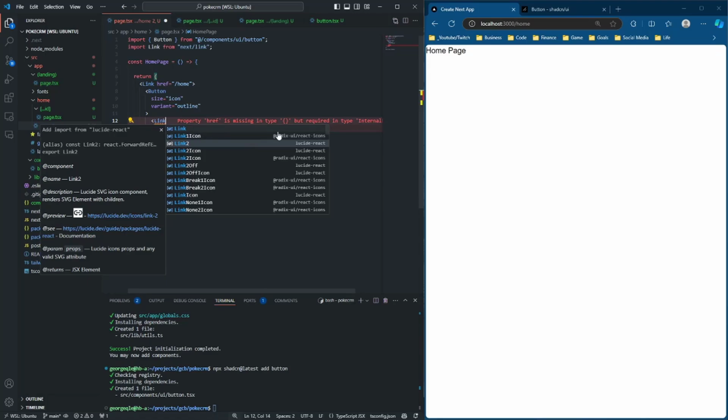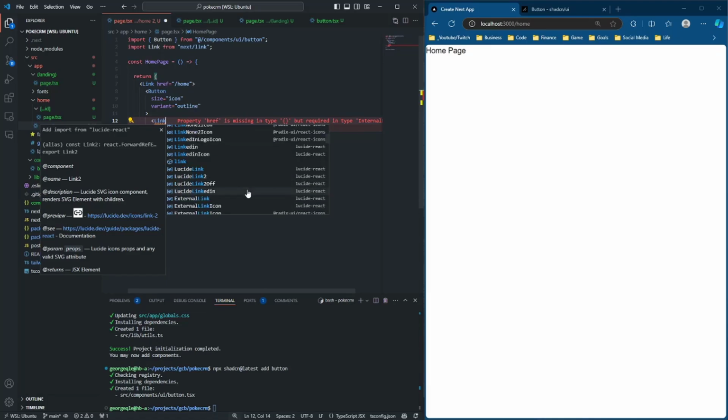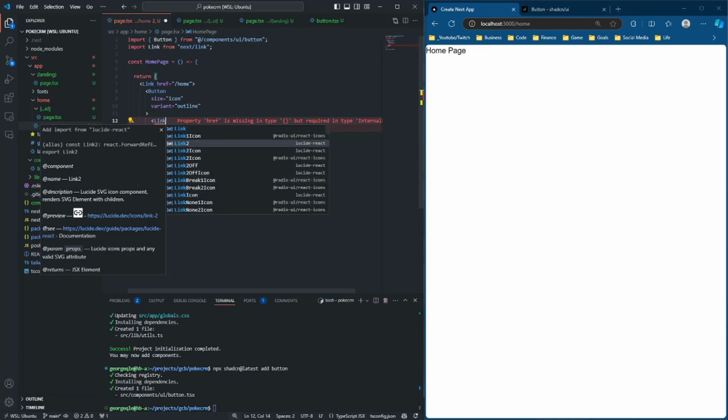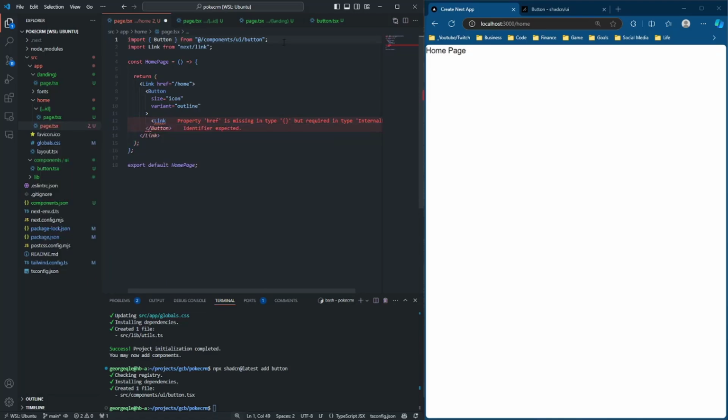The reason that before, Lucid React appeared for link as the first option over next/link, is that once we imported link here in this way, it kind of had a name collision. So that's why it has this kind of link to. If you really wanted that first link for whatever reason, you can do